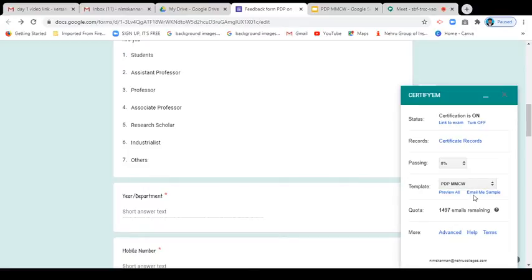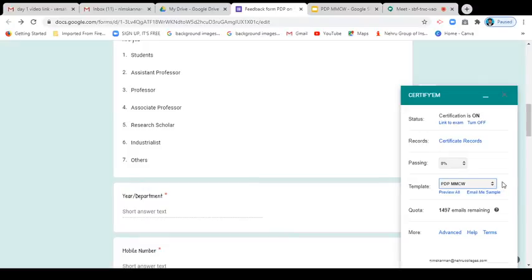Okay, you can click send me sample. Now you can see that below the template there is an email me sample option. If you click preview all, it shows the design of the certificate templates available, and what certificates are listed.